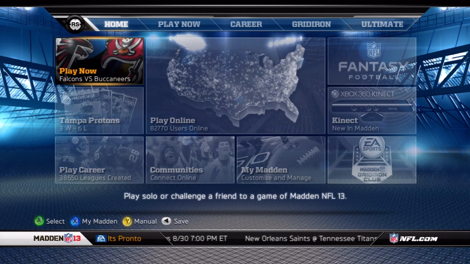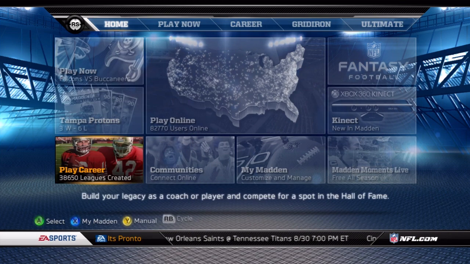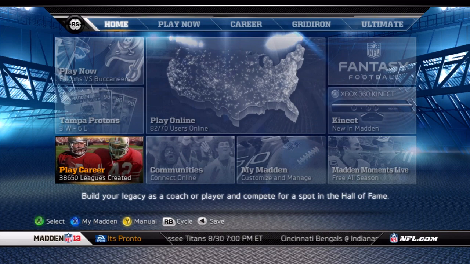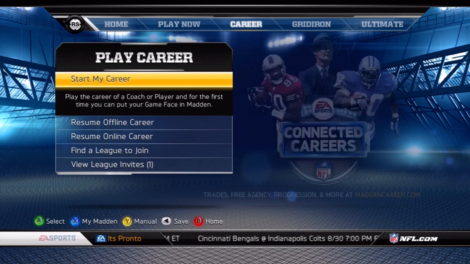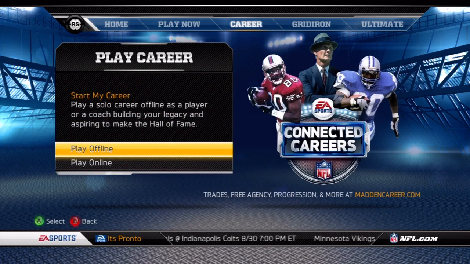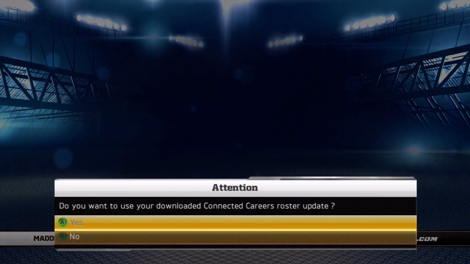Okay, a lot of people couldn't even find franchise mode, so I'm going to start from the main menu. You can either go to play career and just click down here as I'm doing right now, or you can use the right stick and scroll over to career, and there you are. So all you have to do is push start my career, and then you go play offline, and you can